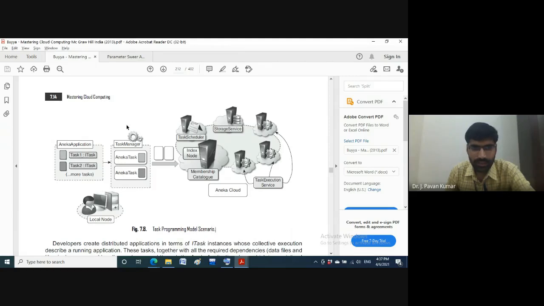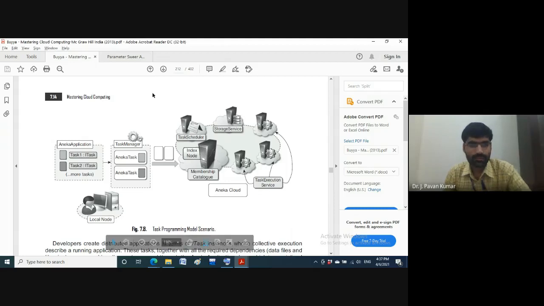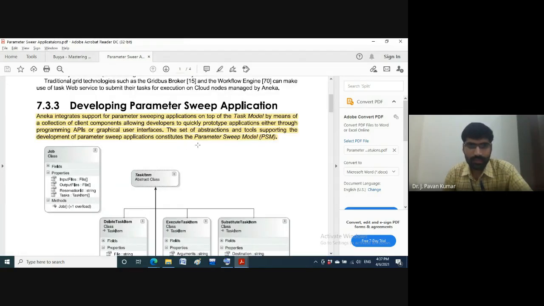Next, this is the task model, and this entire thing is Aneka. Like that, we can assume three layers. At the end of the lecture I'll show you the formal diagram associated with these three layers: one is the PSM, parameter sweep model, another one is the task model, another one is Aneka. So let us see the formal.